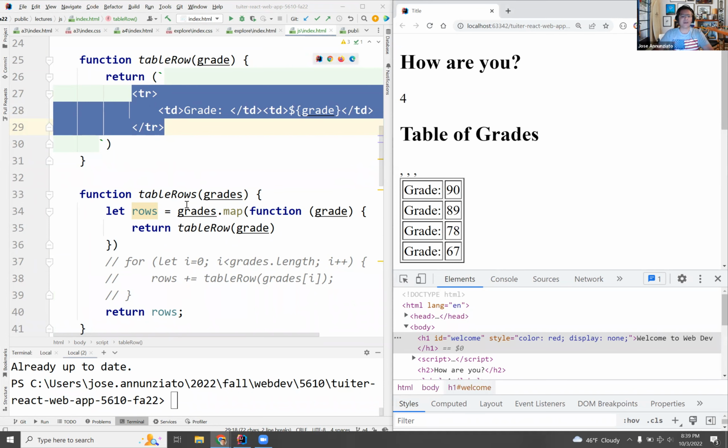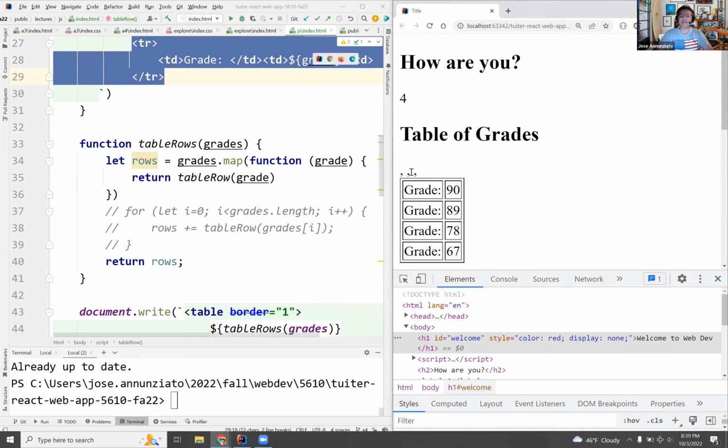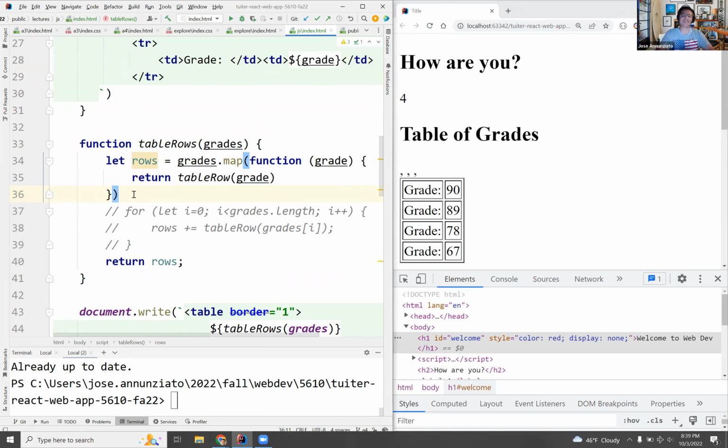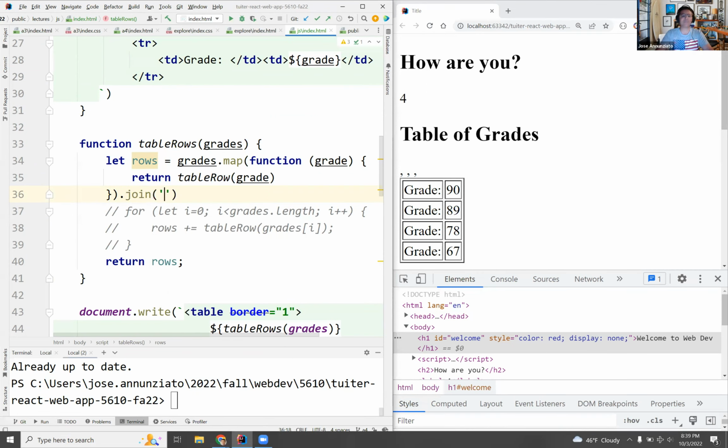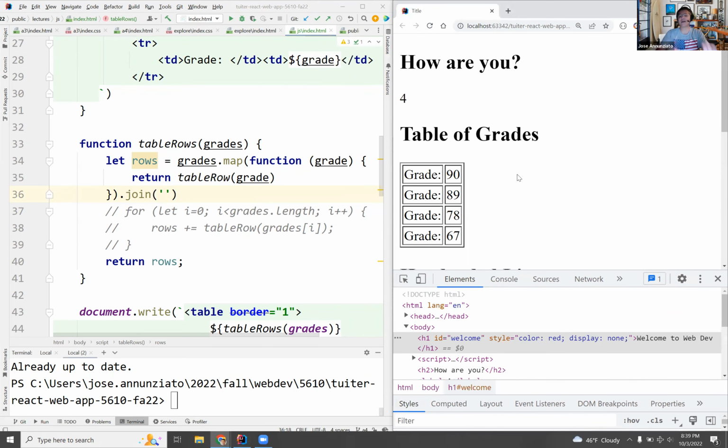Okay. And now this returns an array. This returns an array. So basically, that's why those commas. So you need to join, and join it into one single string, right? So just remove all those arrays. So now you're back to normal. That makes sense? Now with the new syntax,